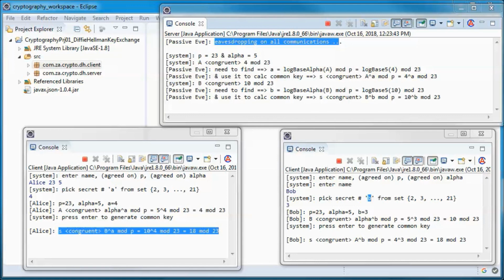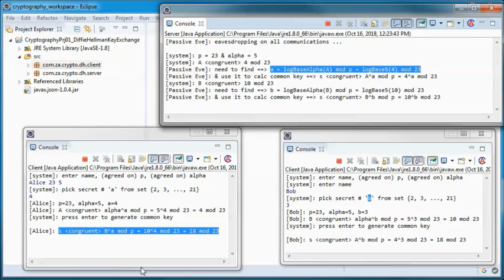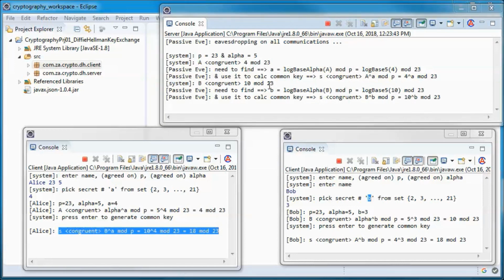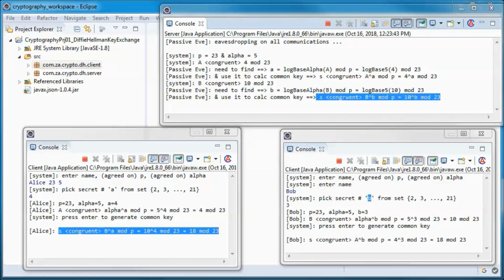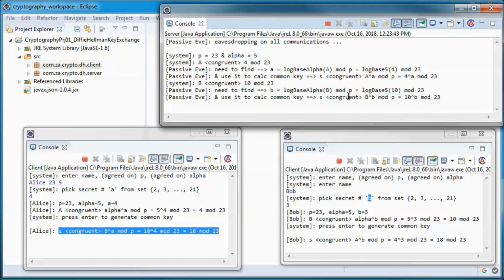And Eve needs to solve the discrete logarithm problem in order to find lowercase a or lowercase b, and then use that to calculate the shared secret key. And for large numbers, this is very hard to do.